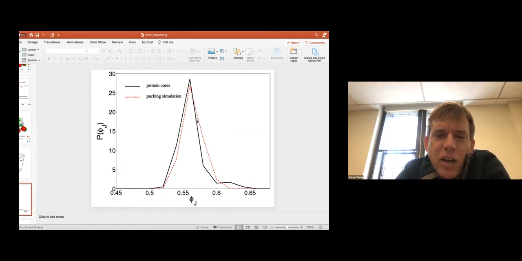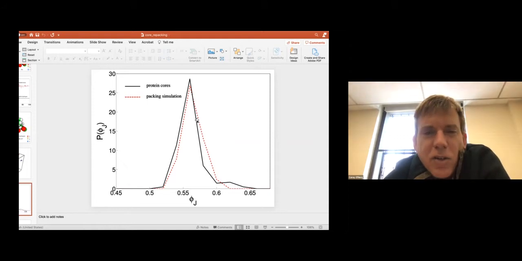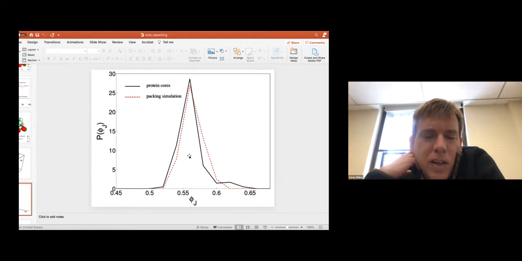So those are solid lines, the experimental data, and then the packing simulations that I just showed you a few seconds ago are in the dashed lines. And so you see that there's a really nice agreement that the peak is somewhere around 55 or 56%. And so what the proteins seem to be telling us is that